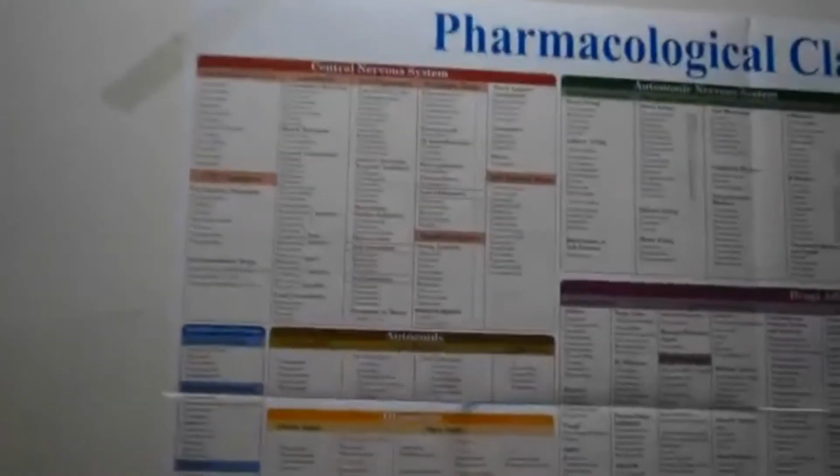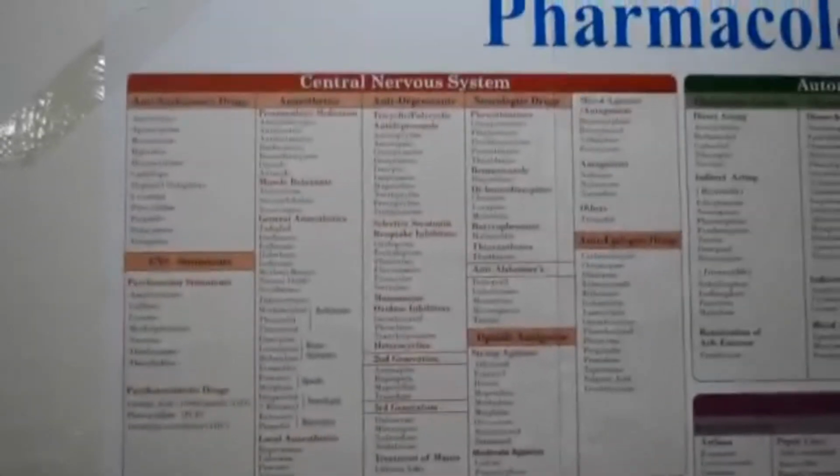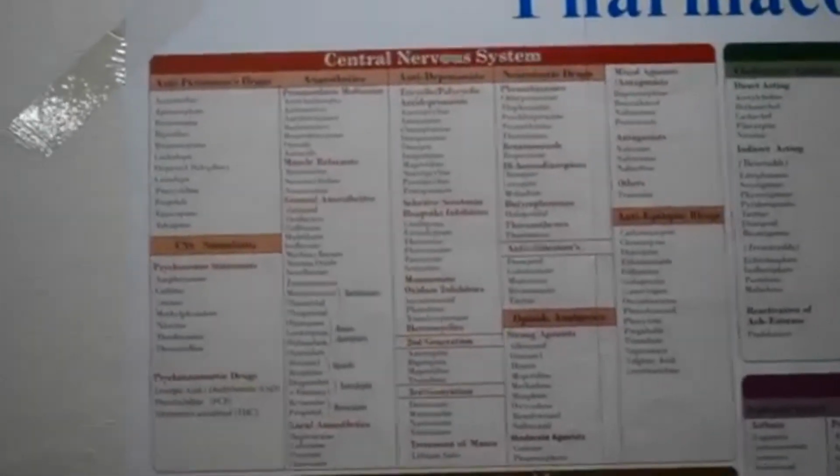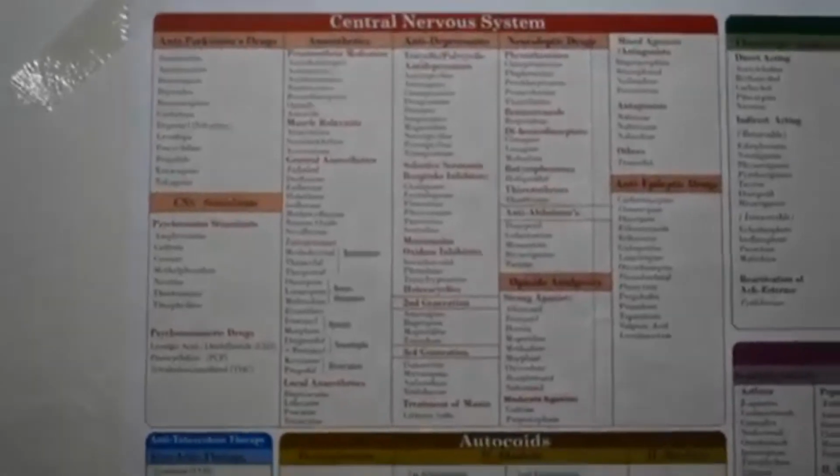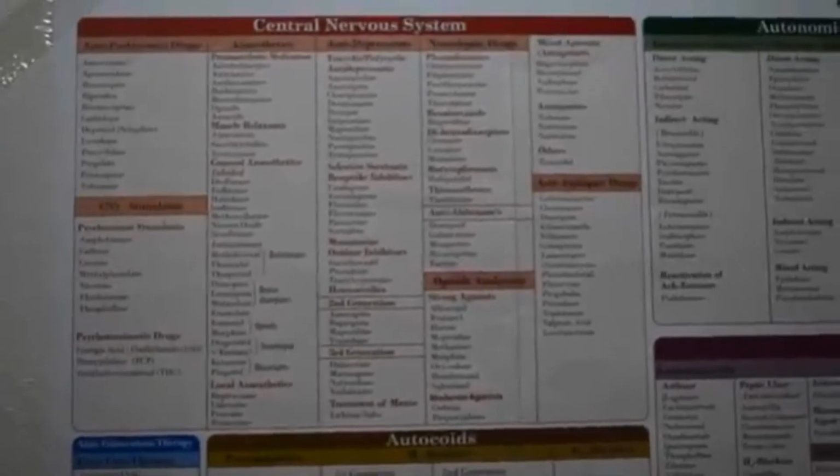So this is my classification chart for pharmacology, pharmacological classification. It has a classification according to all the subjects that I'll be studying, and this is the chapter that I just did. I can show you CNS completely if you want to see it. This is how the classification is given in these notes. So it's really easy this way. I find it very helpful, and I hope it's helpful for other people too.